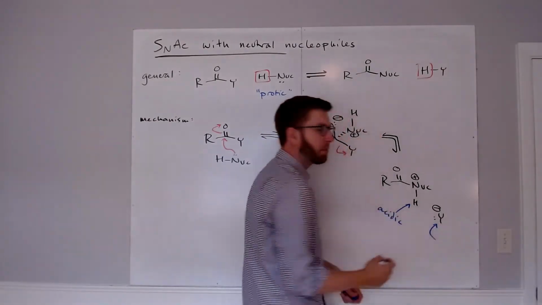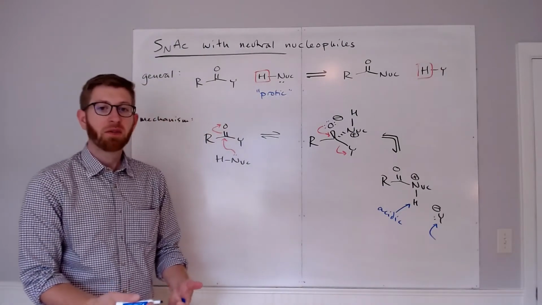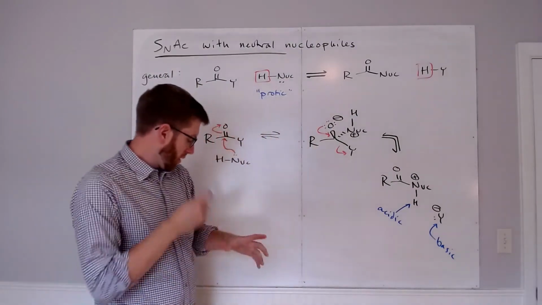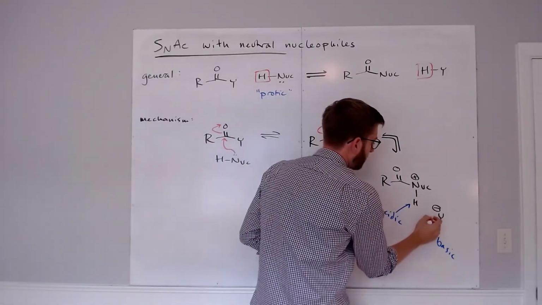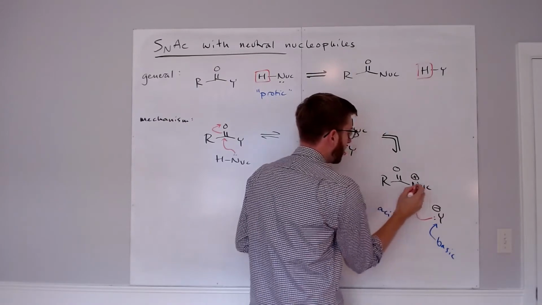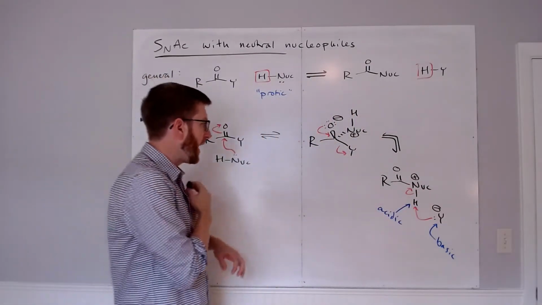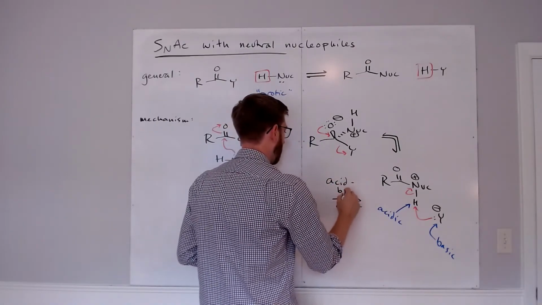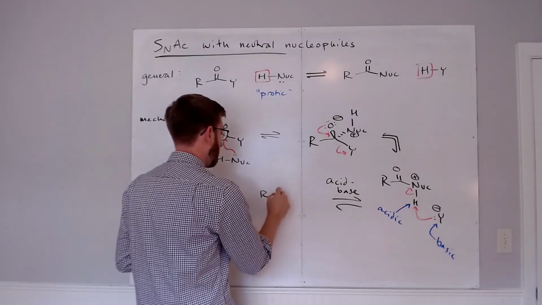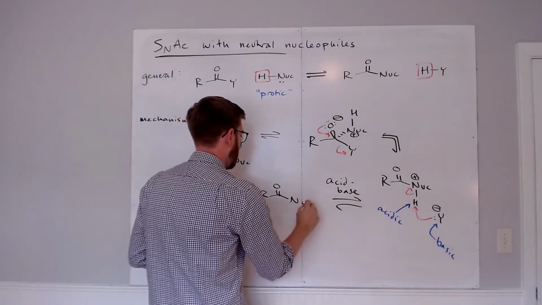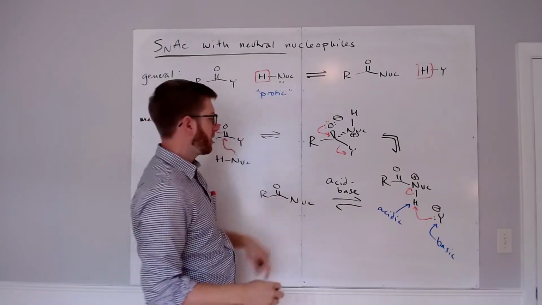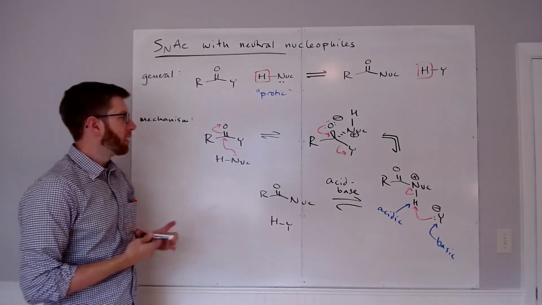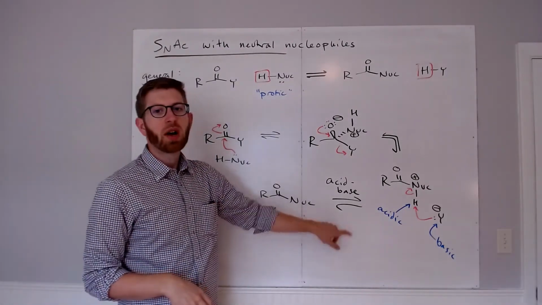And we know that the Y group has a buildup of electron density, which is another way of saying that it could function like a base. That means that it would be feasible for our leaving group after it's left to actually remove the proton from the nucleophile. So in this last step, which is acid-base, we get to our neutral substitution product and our protonated leaving group. So we have really introduced this new acid-base step,